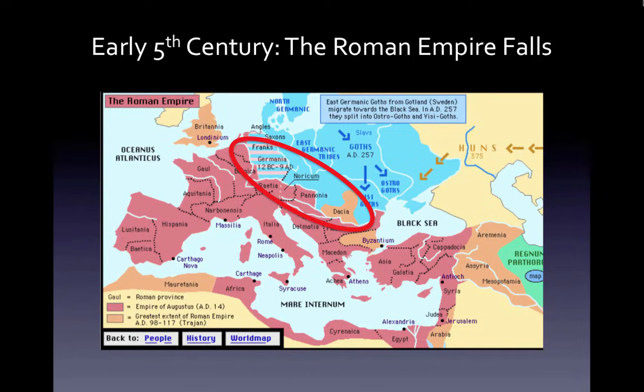These Germanic tribes had exerted pressure on the border for hundreds of years, and until the middle of the 4th century the Romans had been able to keep them out. By the year 375, however, these Germanic tribes had begun to make successful raids into the Roman territories, and when the empire begins to fall in the decades that follow, the trickle of Germanic tribes that crossed the border became a flood.